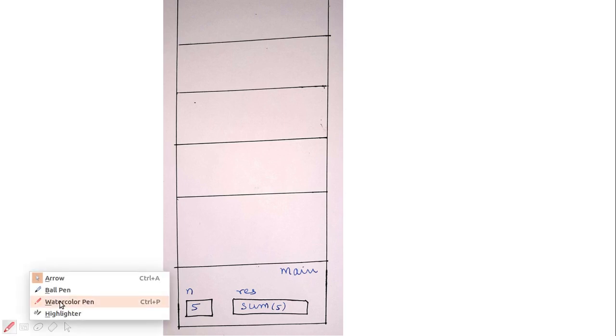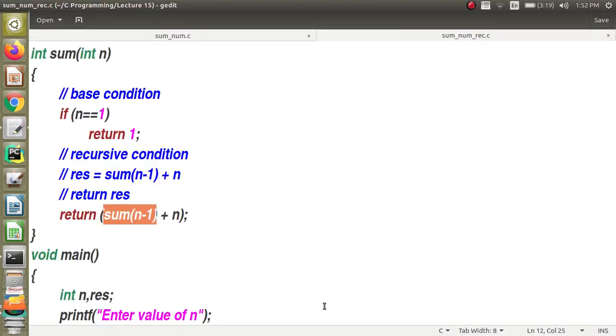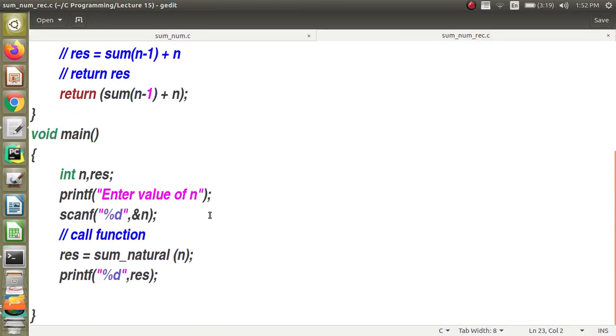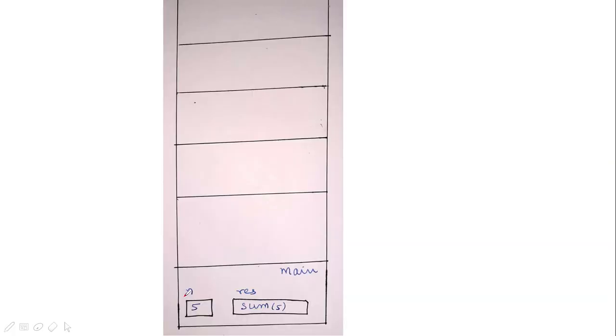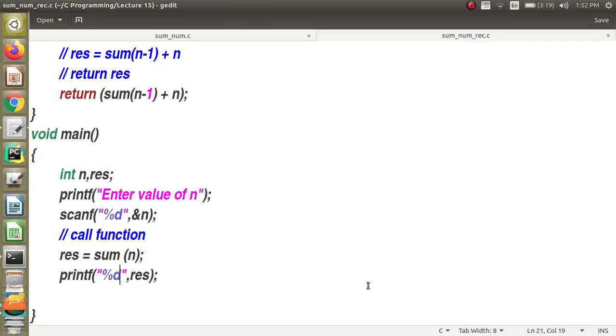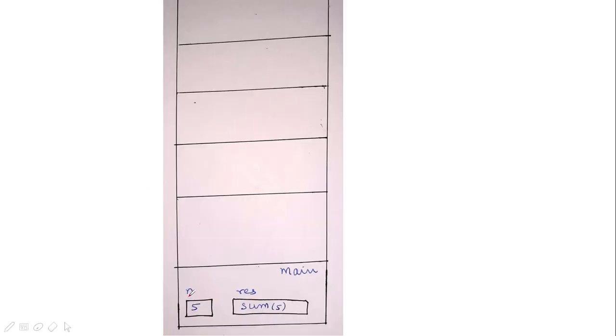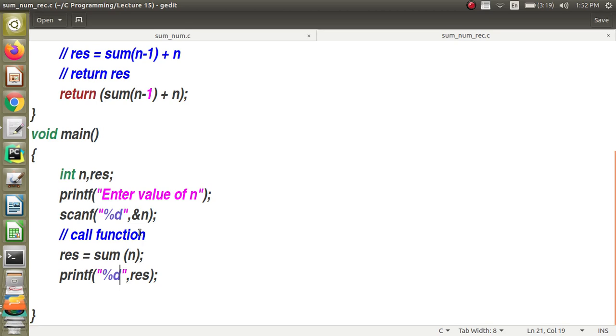So, when we look at how the function will execute, you can see that I have already mentioned the call stack in the previous lectures. So, this is how a call stack will look, and when we call the function, you can see in the main we read the value of n from the user and we call the sum function with value n, right, and then we print it. So, when the execution begins, the call stack will look like this. Only one entry is occupied, that is for main. There are two variables, one is n, the other one is res. For both of the variables, memory will be allocated, and I give the value of n as 5.